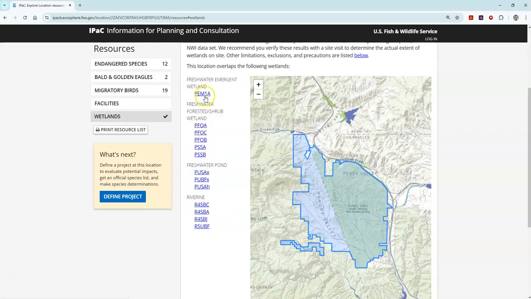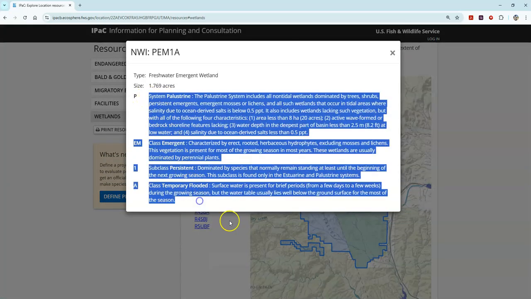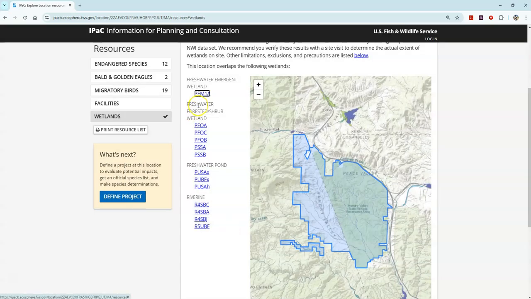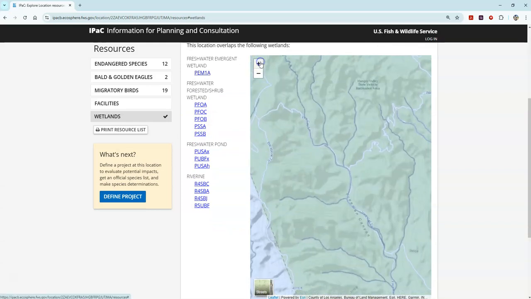And this coding looks very confusing, but you can just click on these links and it'll actually tell you what that coding means. And you can even go to the National Wetlands Inventory website and it'll break down that coding for you as well. What's nice too is if you're looking for specific areas within your project or specific systems,